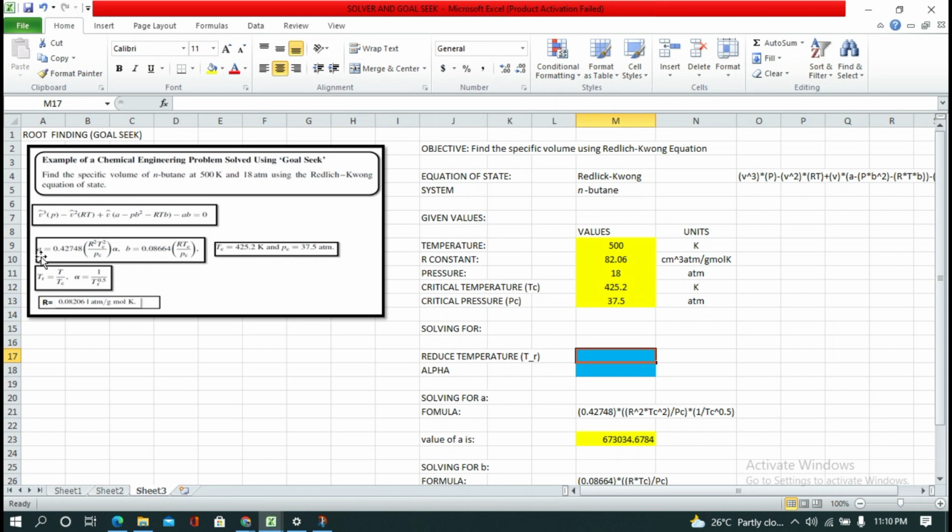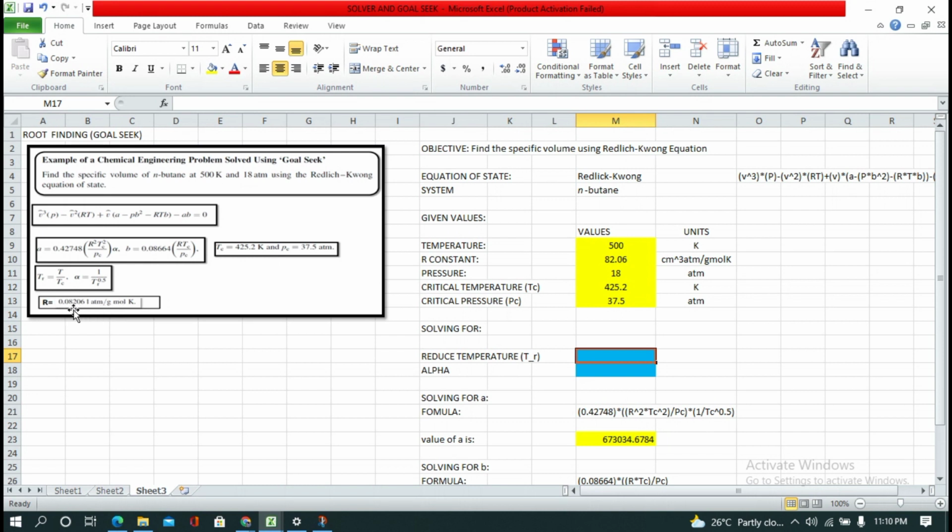We have the formulas for A and B, the values for the critical temperature and the critical pressure, the formula to solve for the reduced temperature, a formula to solve for the alpha, and the value of our R constant,